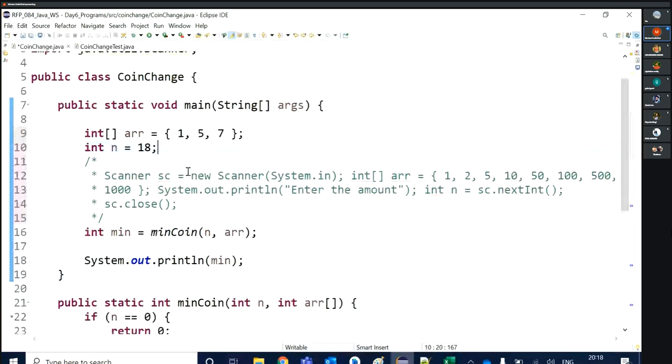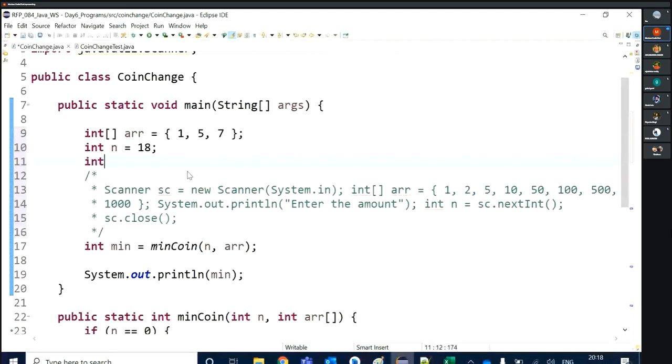I will create another integer array. In that array, I will write down all the solutions of my sub problems. If amount 18 is there, I will give the solution from 0 to 18.